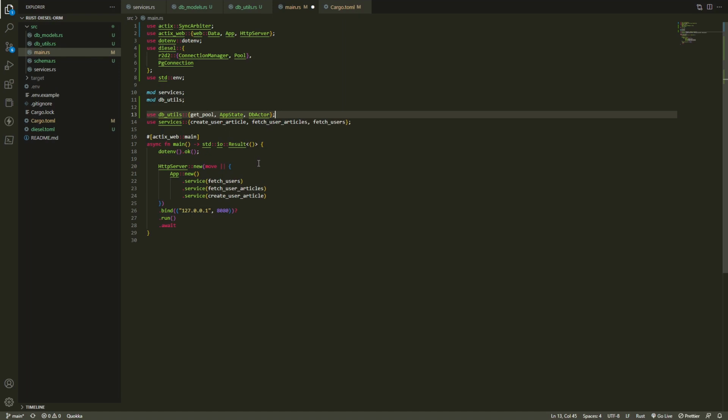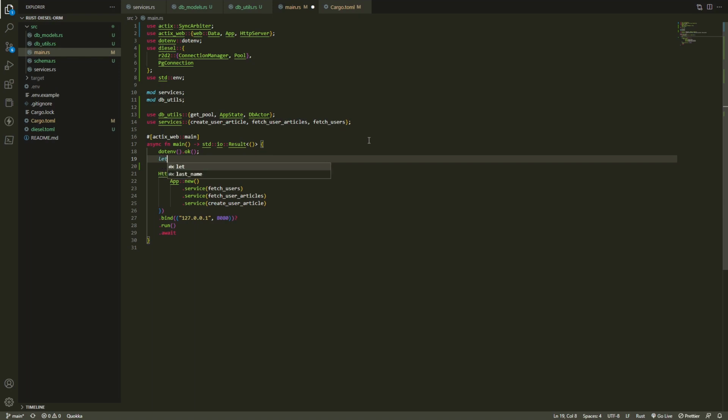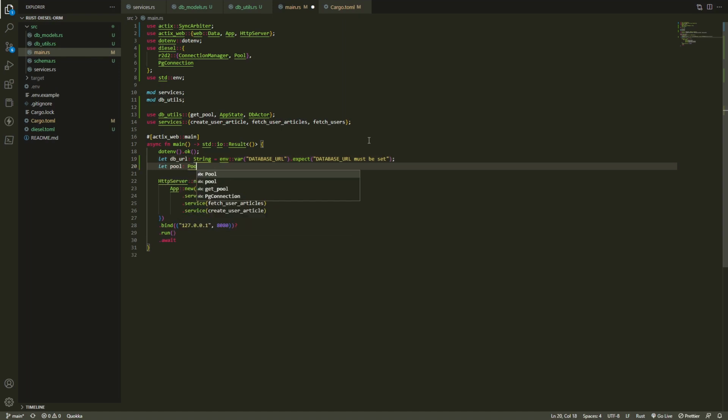In the actual main function, we are going to define a couple things. So DB URL string, and we're pulling it from our environment variables, and you remember that environment variable is called database URL, and error if it doesn't exist, must be set. Create our pool, PG connection manager PG connection, and we'll call our get pool function and pass it the DB URL,